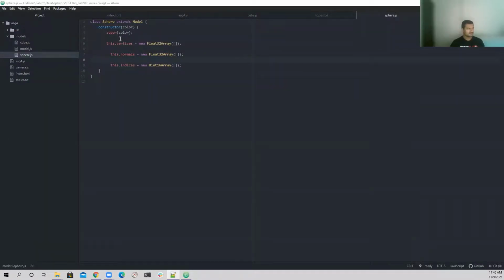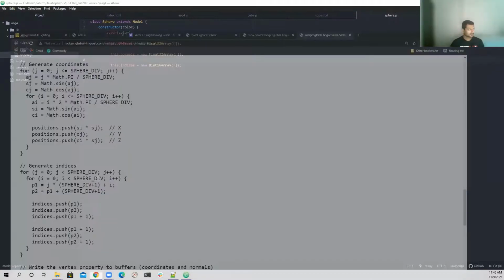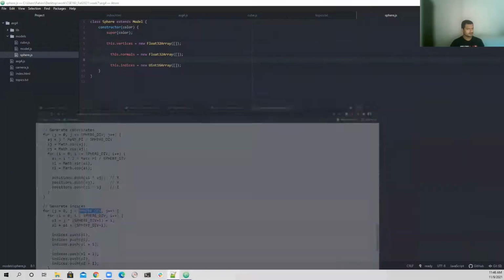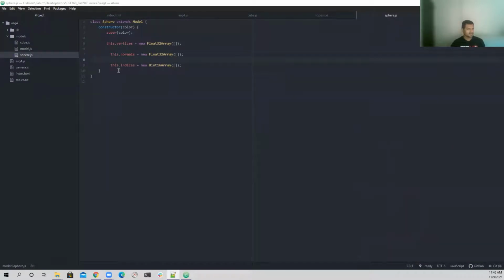So this is our sphere. We have this constructor which has color and we can define how many divisions we're going to have in our sphere, which is defined here. Then we can pass that as a parameter, but for simplicity, let's not do that for now. So I'll hard code the value of the division. So let me have some vertices,